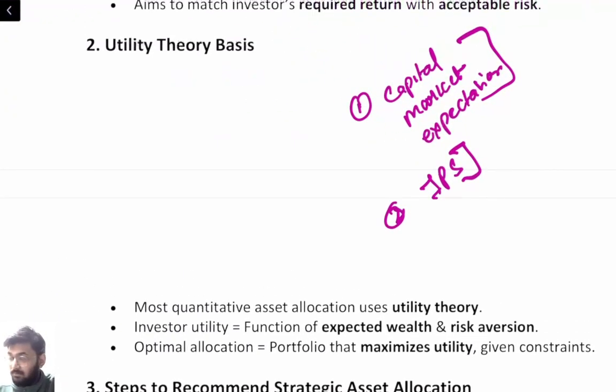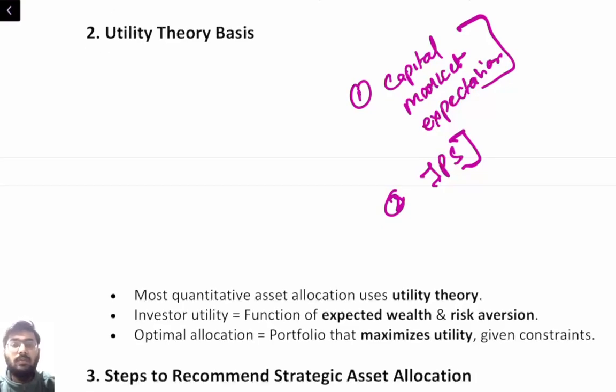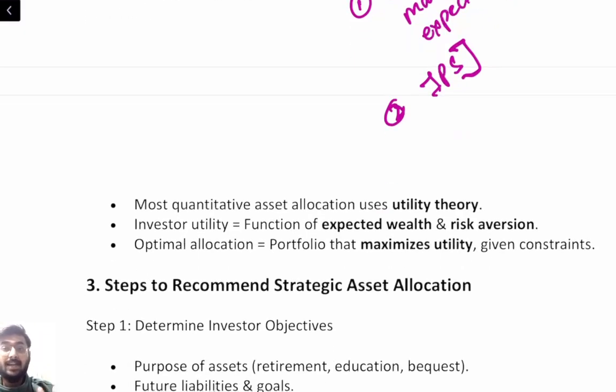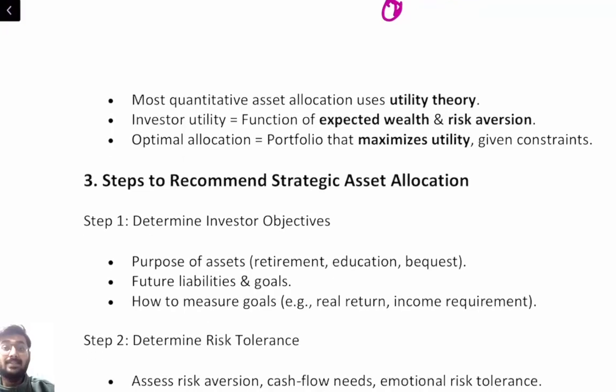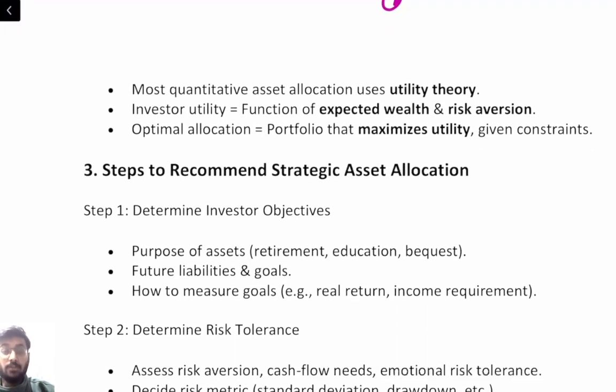Clear? Now, we have one more point, the utility theory basis. Now, the point which I have in my mind when I am going to invest. Okay, see, till now what I'm talking about is return and risk. It is coming from the theory, utility theory. That means the satisfaction and happiness which I get from the wealth. Second is your risk aversion, that is how much an investor dislikes risk. Clear? Because we also need to consider that when I'm allocating a portfolio.